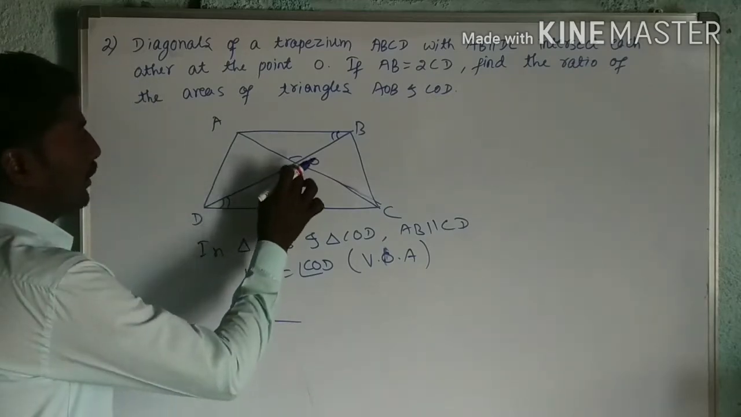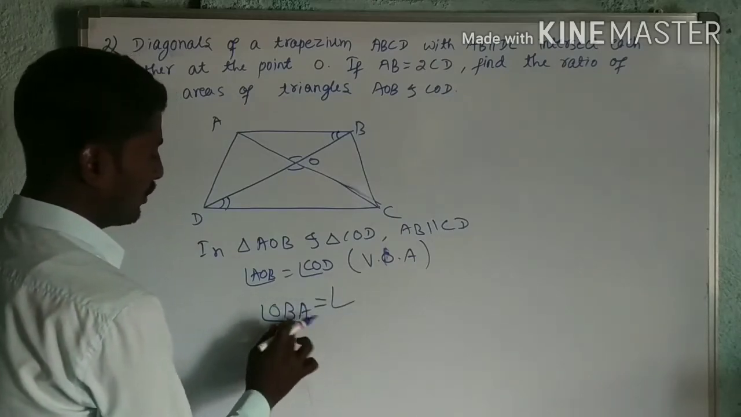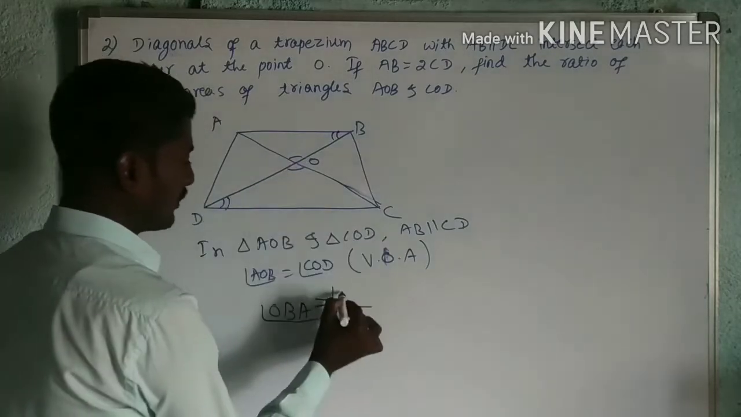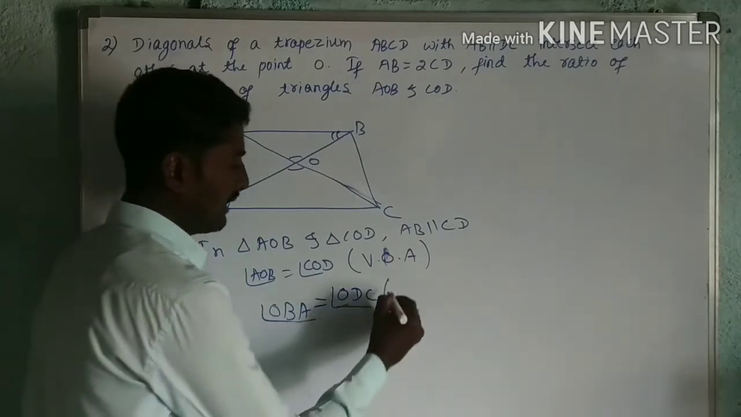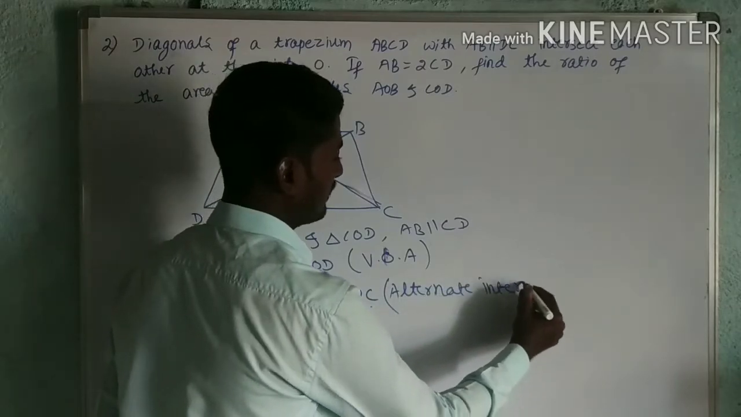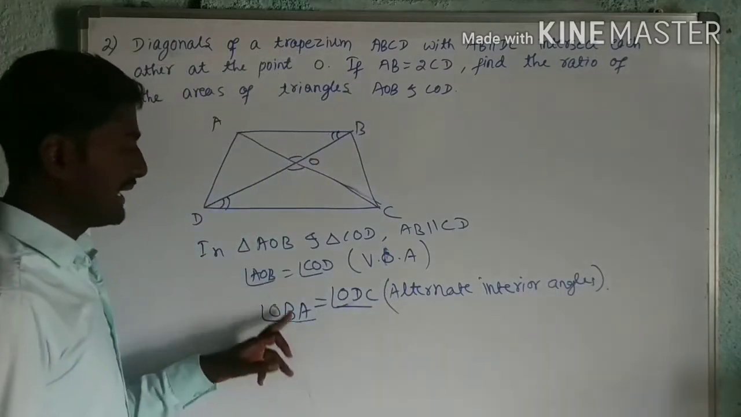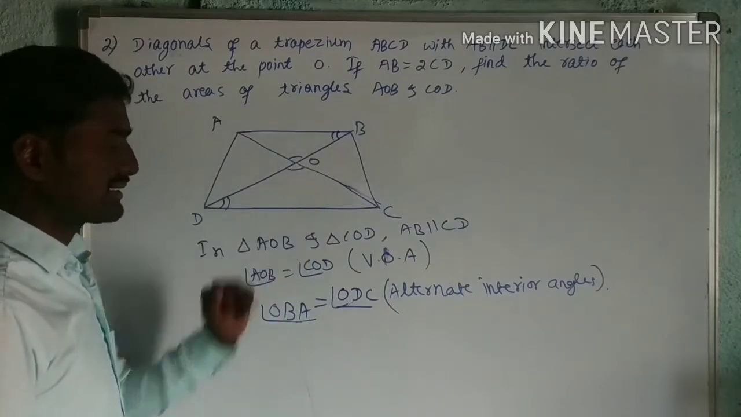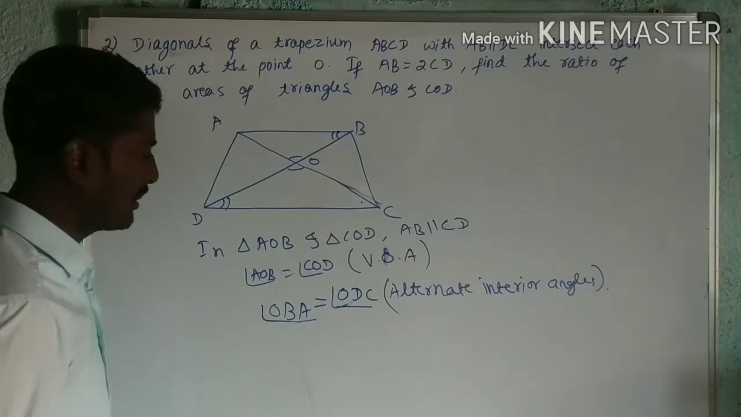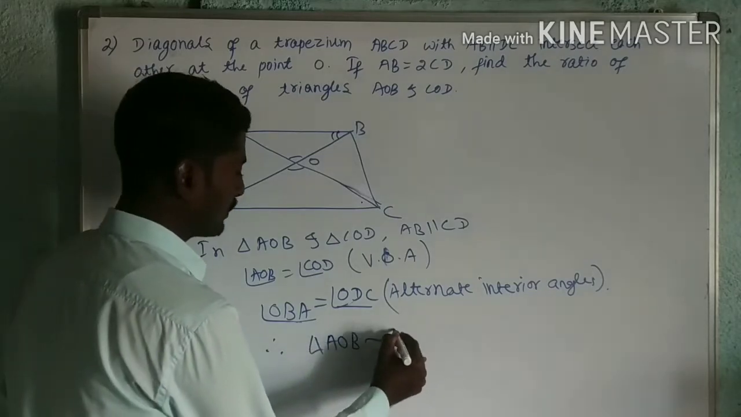Angle OBA is equal to angle ODC, which are alternate interior angles. Now by using the AA similarity criterion, I can say that these two triangles are similar. Or else you can take this angle also and use AAA or AA, no problem at all. Therefore triangle AOB is similar to triangle